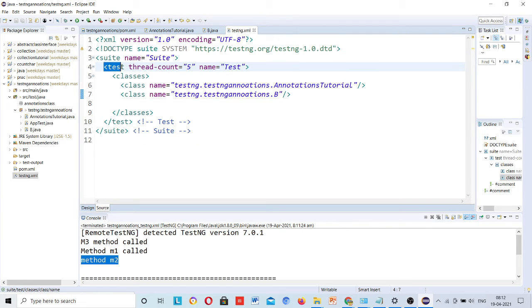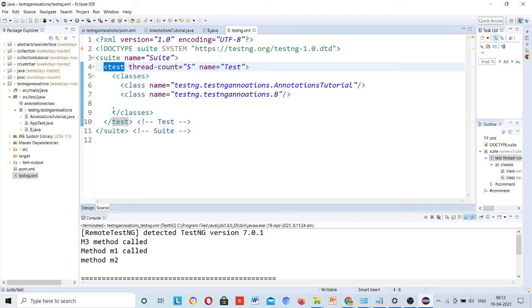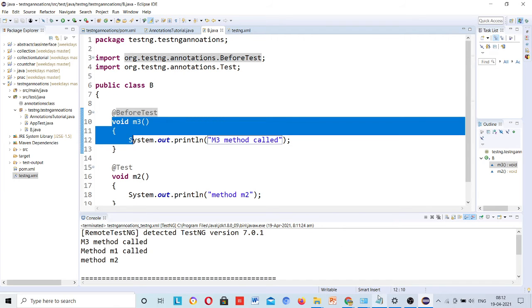This is the test folder. If any before test is present in this test folder, then it will run that first. Is it clear to everyone?